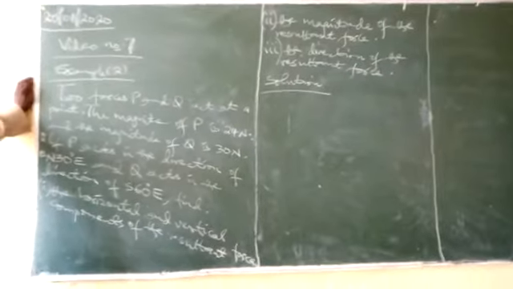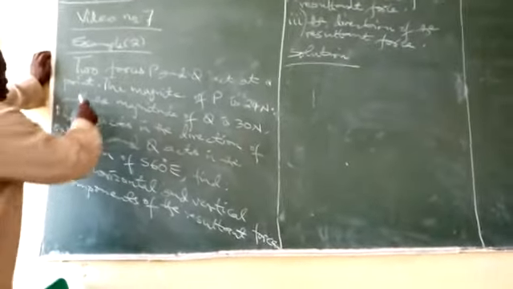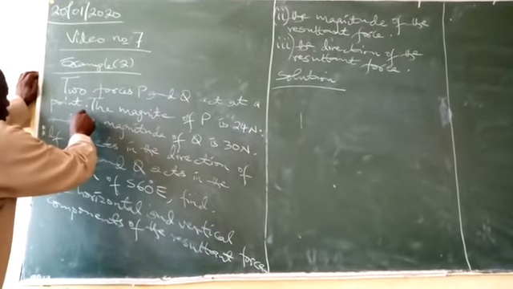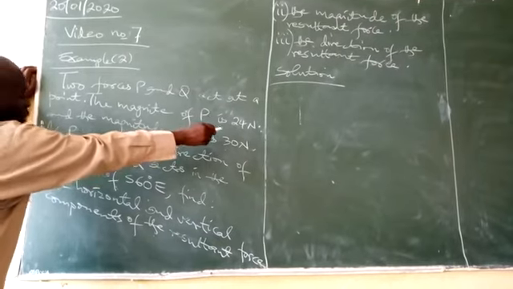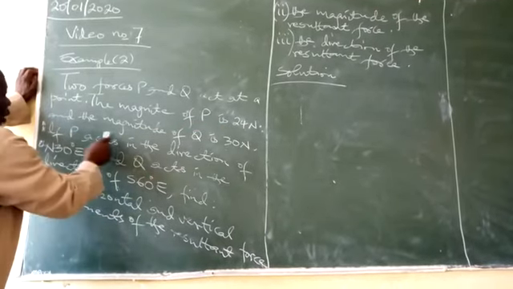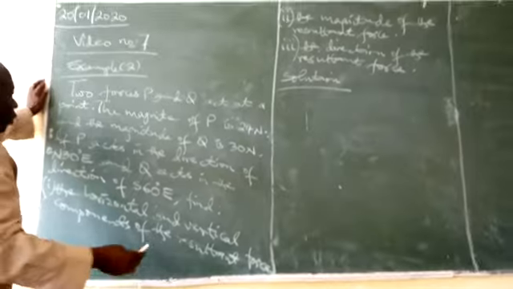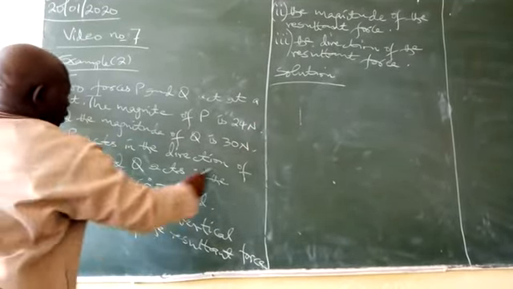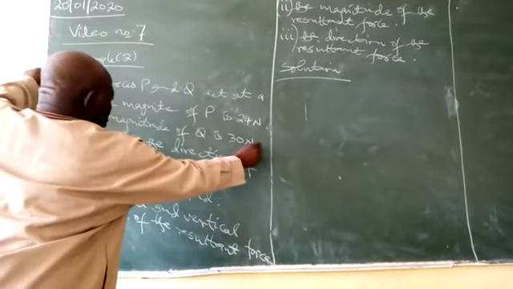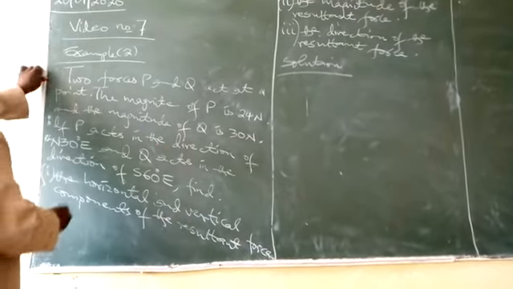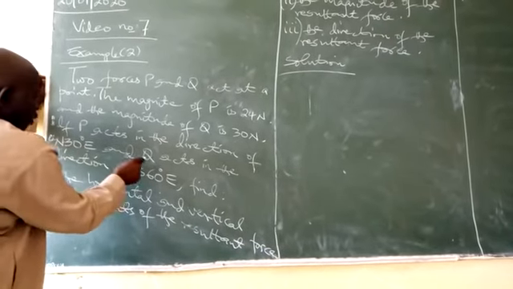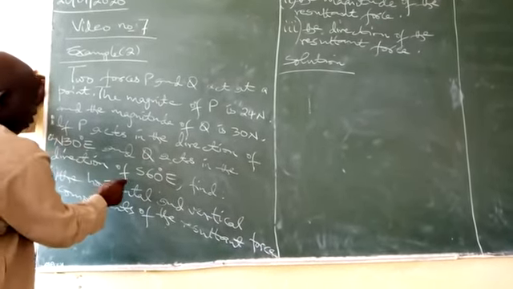So example 2, we are seeing a mechanics. Example 2, I read: two forces, P and Q, act at a point. The magnitude of P is 24 Newton, and the magnitude of Q is 30 Newton. If P acts in the direction of 30 degrees northeast and Q acts in the direction of 60